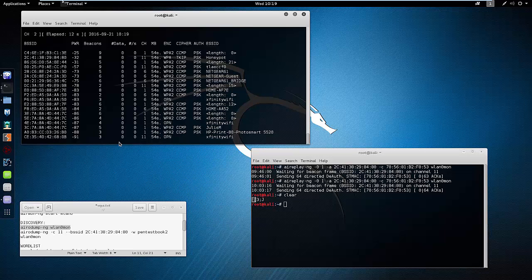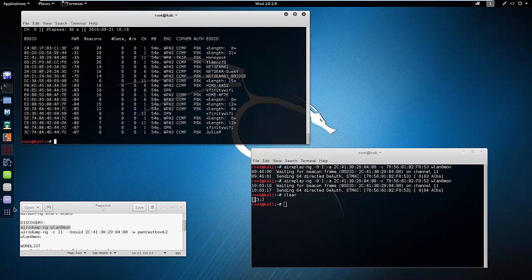Now in this particular case, just like we did with WEP, the access point we're looking for is Honeypot. We see that right here. Okay, and it's using WPA TKIP, and there's our MAC address, and there's our channel. So 3 things that we want to find out in this, right? So now that I see it out there, I'm going to go ahead and stop this with Control C. All right,